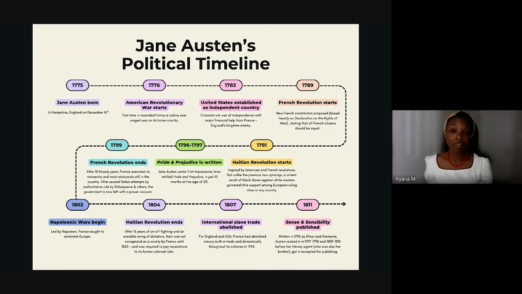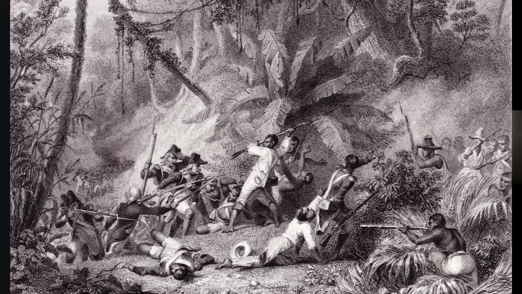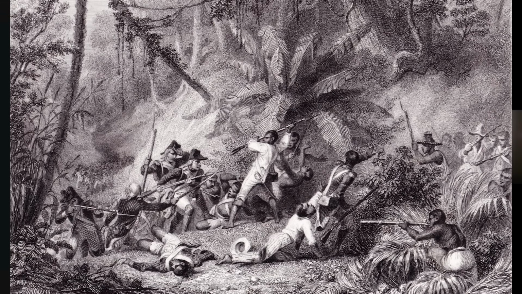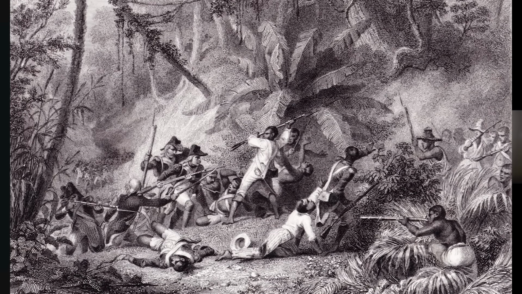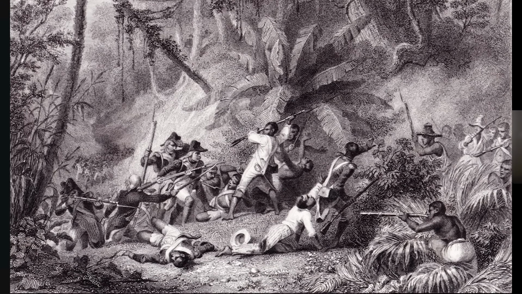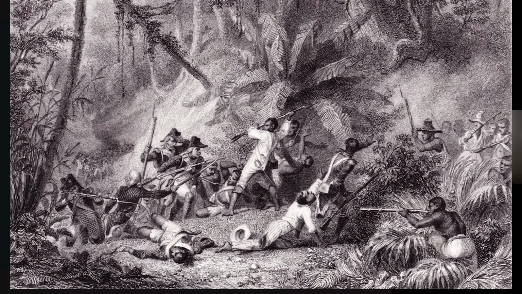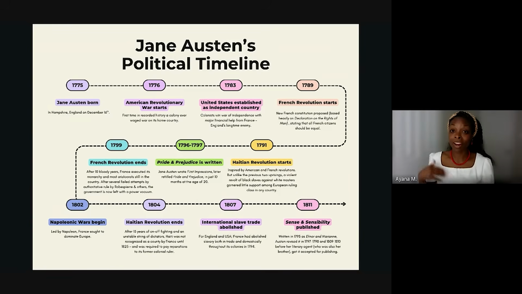Right after this French Revolution, where you have not politicians and upper class people arguing with upper class people, you have the Haitian Revolution right after that, which sort of takes that idea of the working classes rising up against the upper classes one step further. And you have the enslaved classes rising up against their ruling classes, which, again, we have not seen on such a large scale, at least in any recorded history.